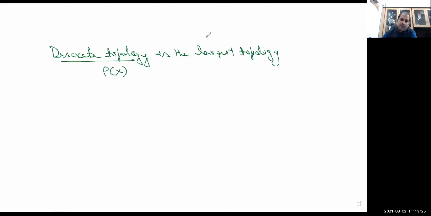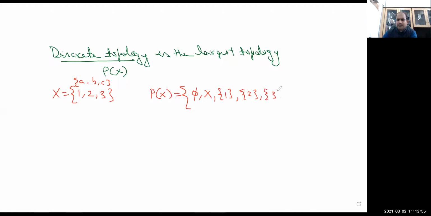Why? Let me start from just 3 members. First let us deal with the finite case and then we will generalize it to arbitrary spaces. Suppose in our set we have 1, 2, 3. These are just notation; in place of this you can take A, B, C. So we know that the power set, which is basically the discrete topology, is the collection of phi, X, all singletons, then {1,2}, {2,3}, and {1,3}, and then {1,2,3}, which is X. Is it?